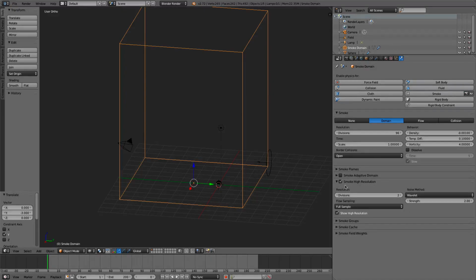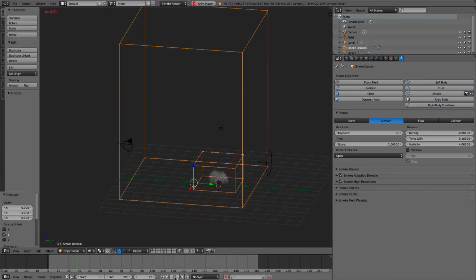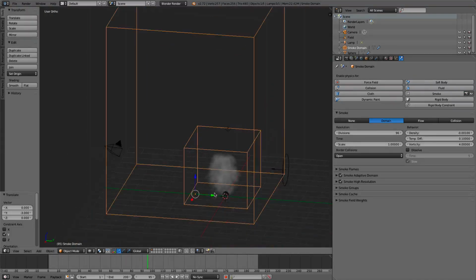We're going to do 2 divisions of high resolution. You can do more, just depends on what you want. And we'll do smoke adaptive domain so that the domain itself will adapt to it and will only be there like that. Now, this might make your computer slow, so as you can see, I only have about 6 FPS, which is pretty bad. So we're not going to worry about this.